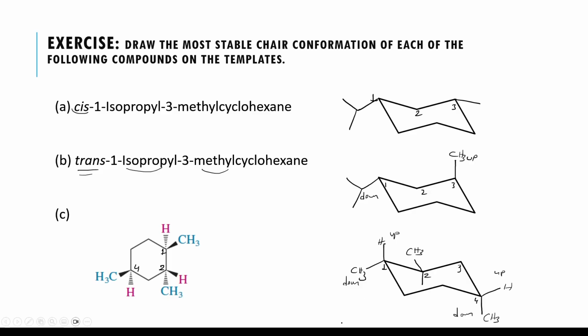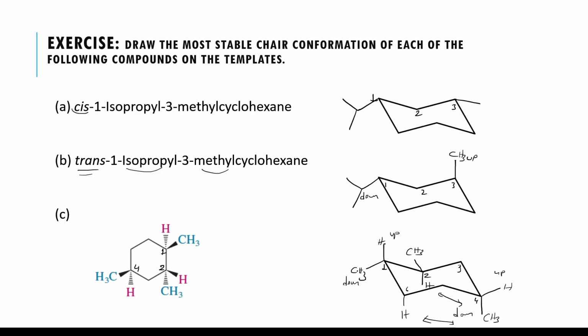Okay, so now let's look at, do we have any axial strain? Yes, number 4 will be interacting with the number 6 axial hydrogen this way, 1,3 diaxial strain, and also there is another axial down hydrogen on the second carbon. They are interacting, but we have just one methyl interacting with these two axial hydrogens. Is it the most stable one? Yes. How about the second